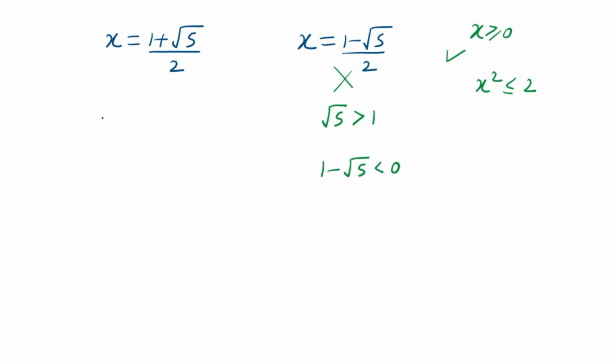This value of x must equal 1.615, and if we square both sides, then the value of x square must equal 2.6082. But here x square must be less than 2. But look carefully at this number, this is greater than 2. It means the second condition is not satisfied. So this value of x is also rejected. Here we have only one solution, x equals 1.